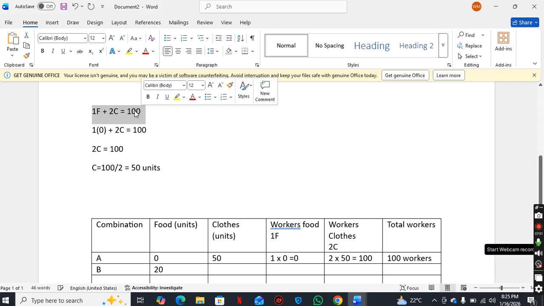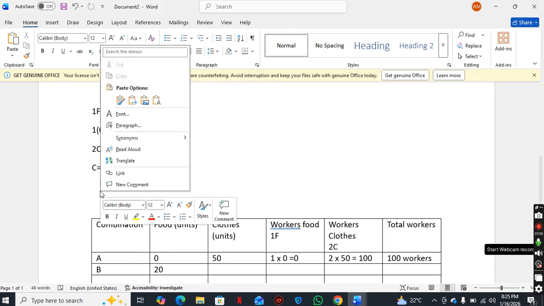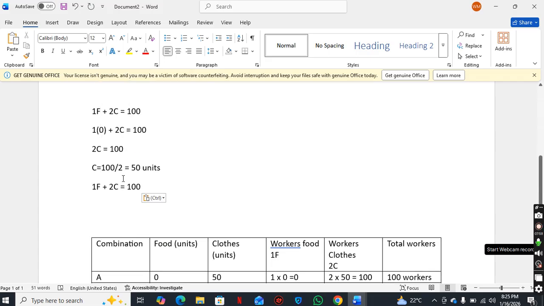So we come back to this equation here. We produce 20 units of food, so where there's F, substitute it with 20. 1 times 20 plus 2C